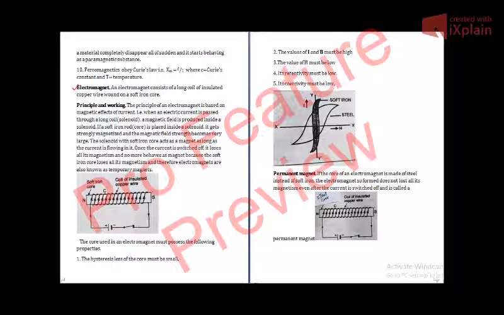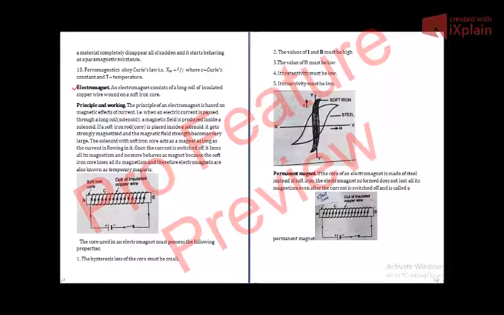You can use them in situations where you temporarily need a magnetic field. You switch on the current, it becomes a magnet, and if you don't want any magnetic field anymore, you can switch off the current, and it will lose all its magnetism. It will no more act as a magnet.